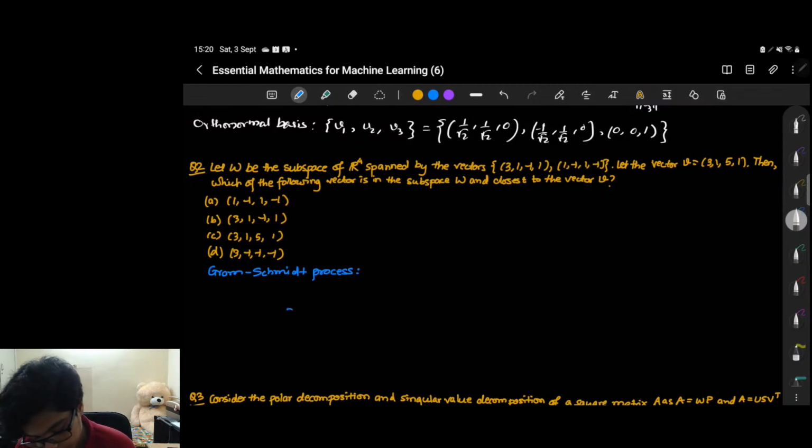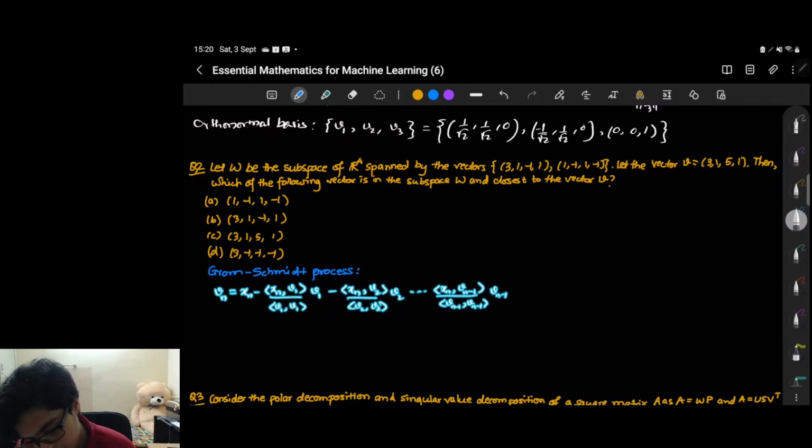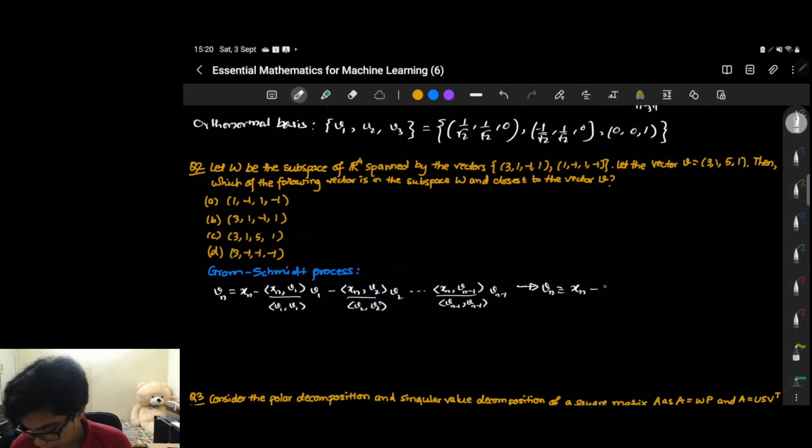So let me just paste that algorithm. So this is the algorithm, and this can be rewritten as Vn is Xn minus some Pn. So we have this algorithm where Vn is Xn minus some component along V1 minus some component along V2 and so on and so forth. So this can be written as Xn minus Pn,